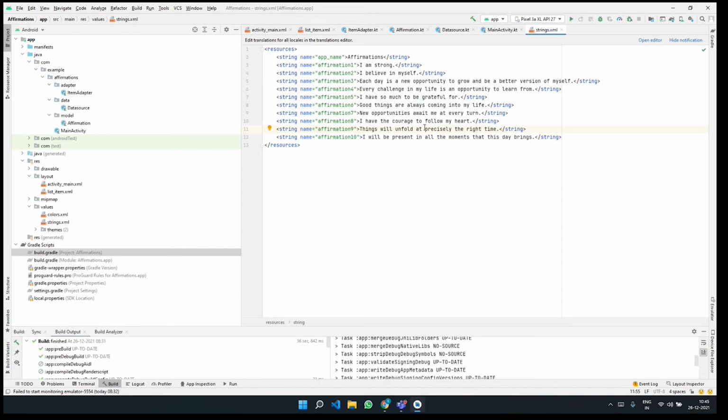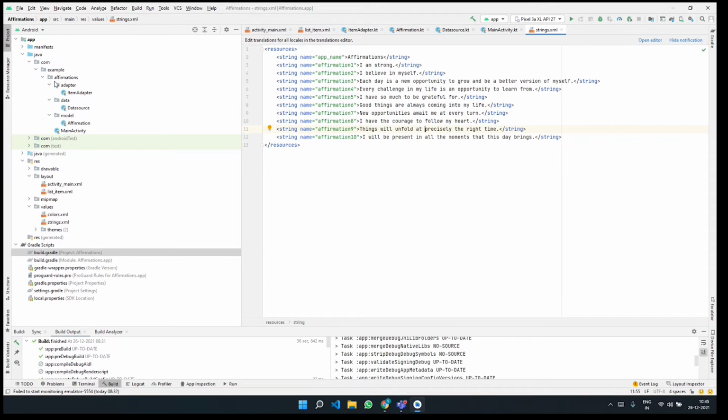And this is where packages come into place. So here you have packages, and I have many packages here. I have three packages that I made under the affirmations package. If affirmation can be called a parent package, then adapter, data, and model are the sub packages of the affirmations package.